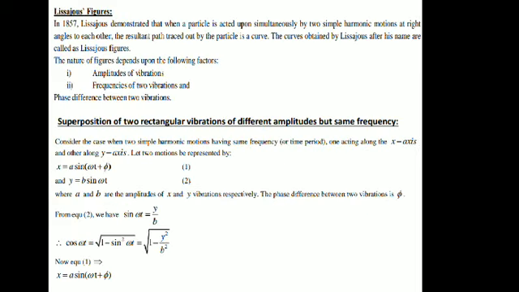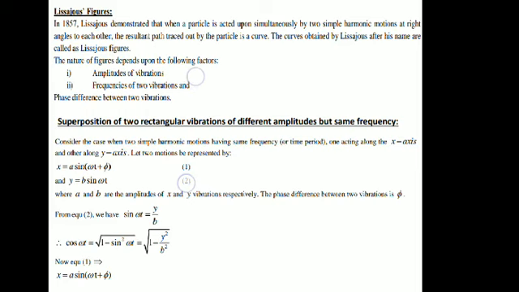So this will happen whenever two simple harmonic waves are moving in the same direction, and if they arrive at a point simultaneously, then the resultant displacement at that particular point will be the sum of the individual displacements produced by the individual waves. So sometimes we may get the constructive pattern, sometimes the destructive pattern. Now this is the normal scenario, but what will happen if we have two simple harmonic waves, one moving along the x direction and another moving along the y direction? Suppose we have two simple harmonic waves.